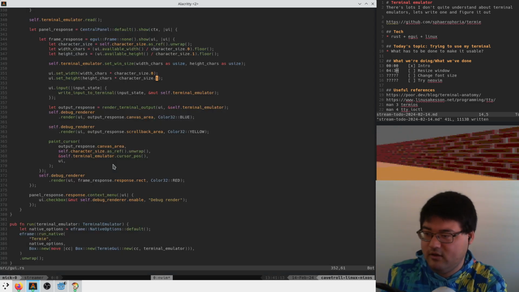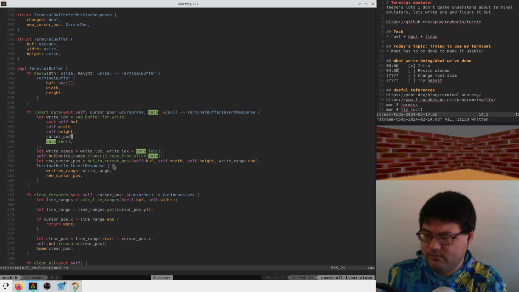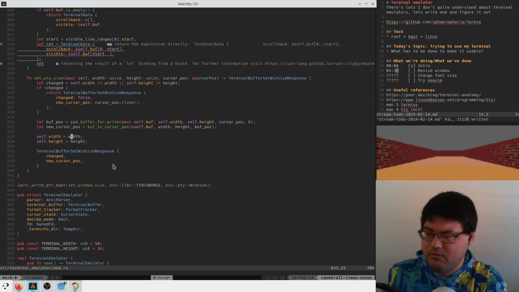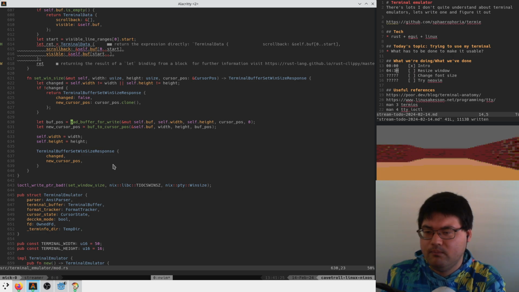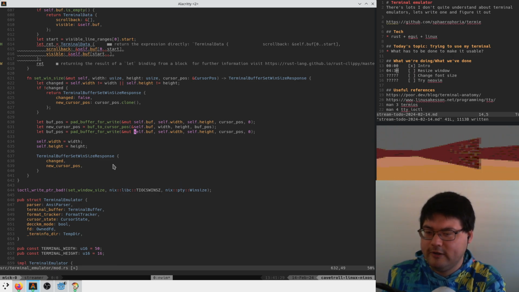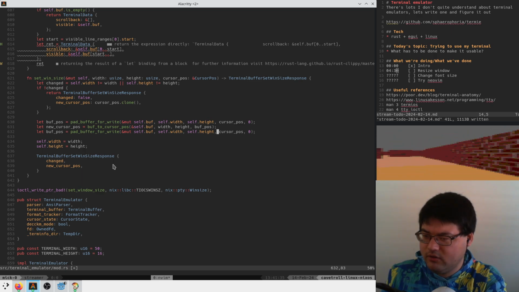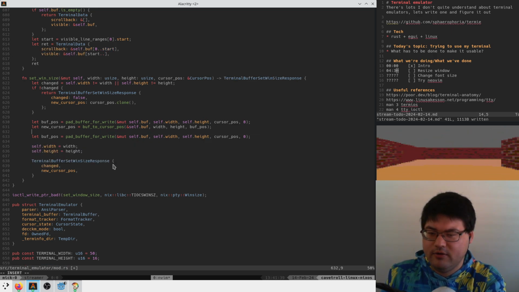So maybe when we set the window size, we pad the buffer for the right, no data at the height of the window. So we can say